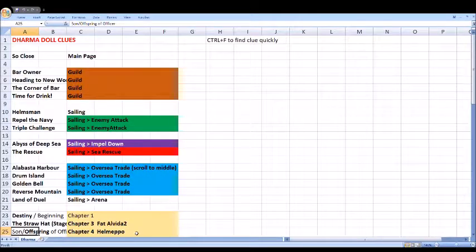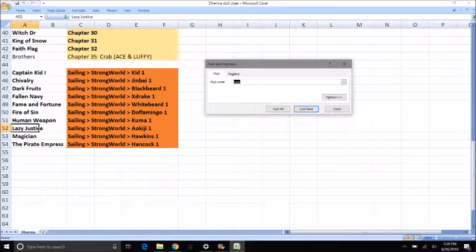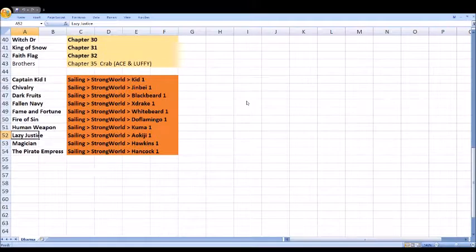All right. And I'll try to get to the other chapters too. I'll try to add some kind of explanation of what you see on the image of those chapters. And then once you're done with that, you attack the Dharma Doll, immediately hit skip so you're not wasting time. And then I pull up the Dharma Doll clue page again, and let's say I see it's lazy justice. So I just type in lazy, and then bam,